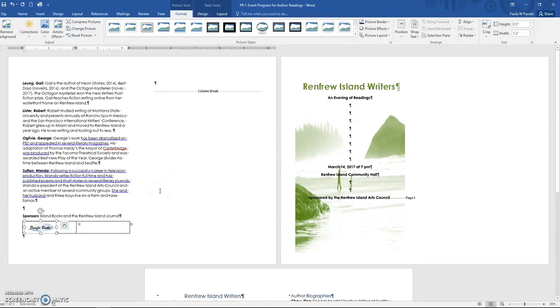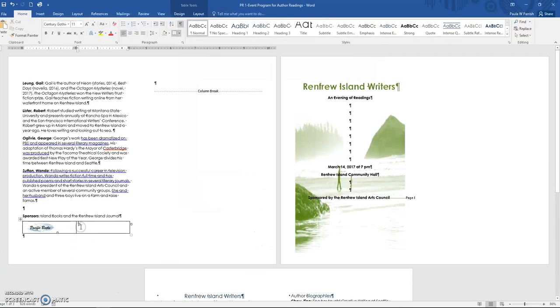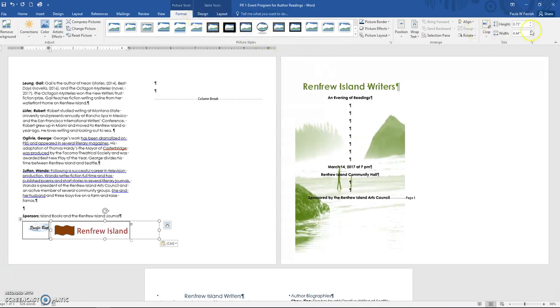Okay. And then we're going to do the same thing for the other picture here. Copy. And paste. And I'm going to resize it to